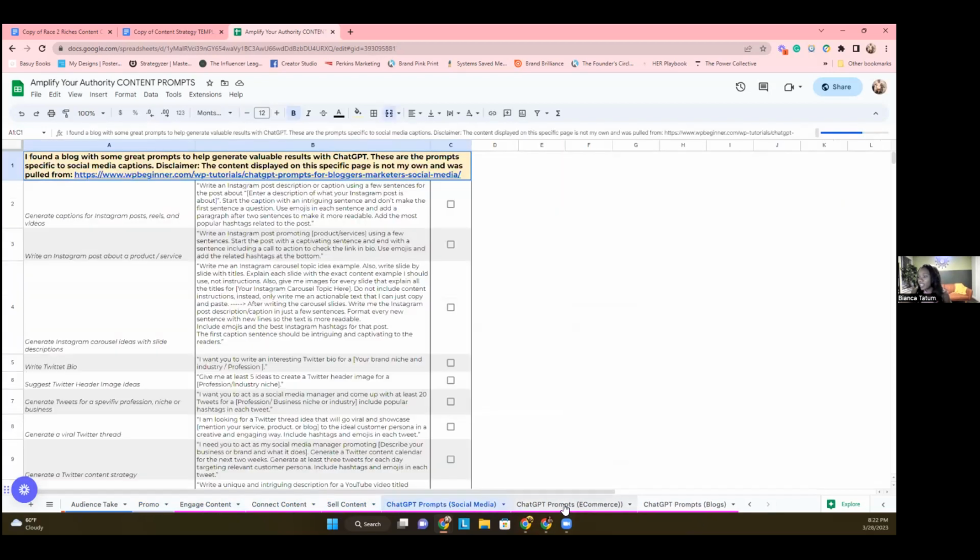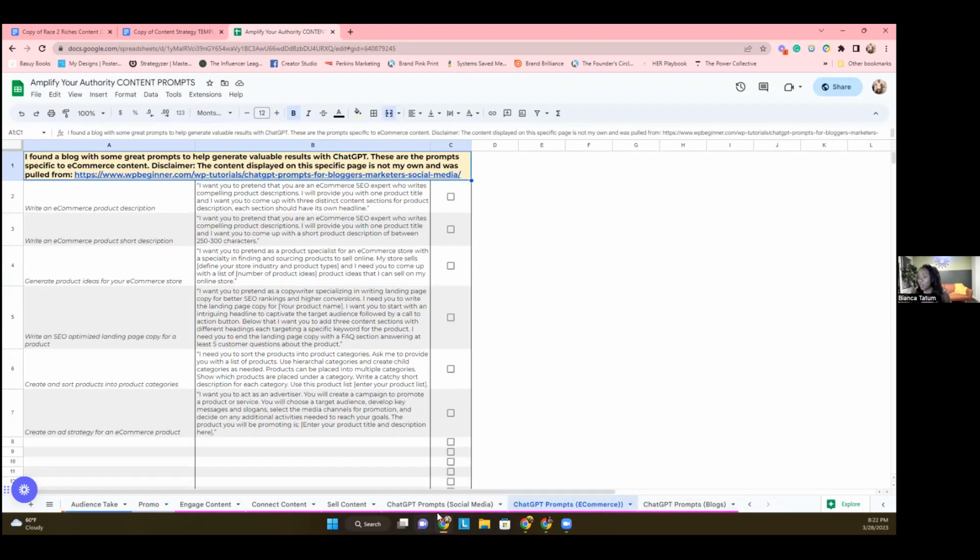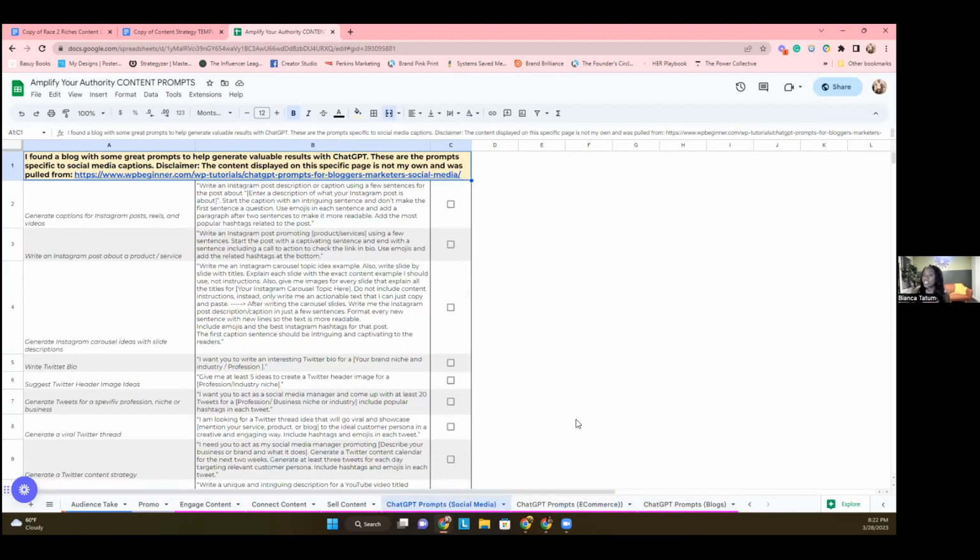And last night, these last 3 are not my own content. I just put it in a space that's easily accessible. I went to a website and it gave me a ton of ways to utilize ChatGPT with these prompts. And so I'm pulling up the social media one. One of the things you can ask ChatGPT is, hey, generate captions for Instagram posts, reels, and videos. And the prompt is write an Instagram post description or caption using a